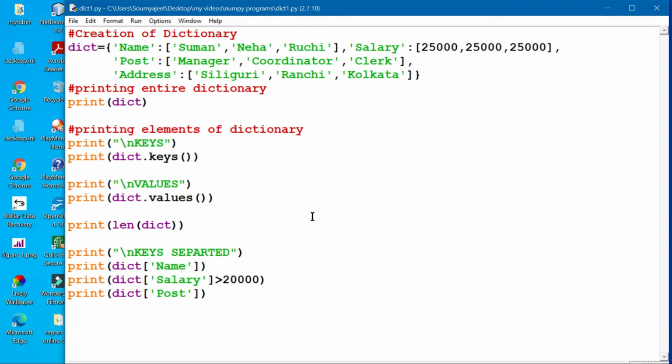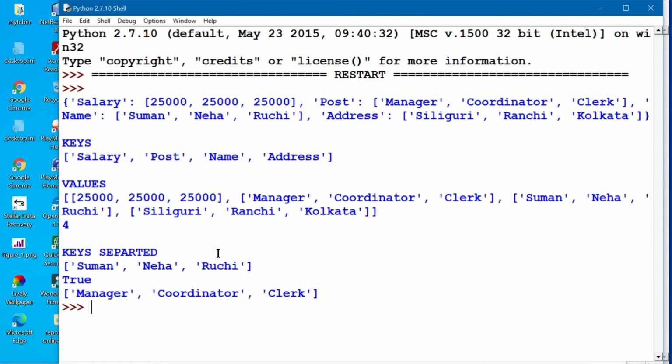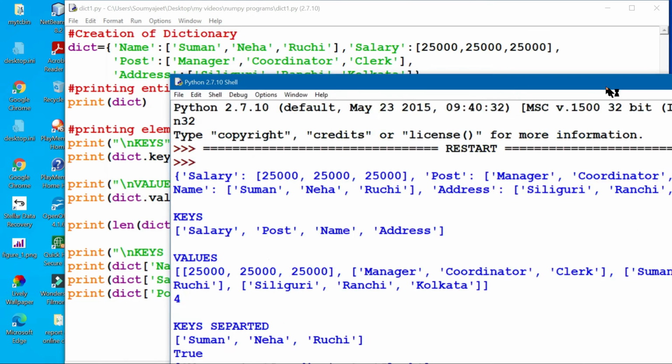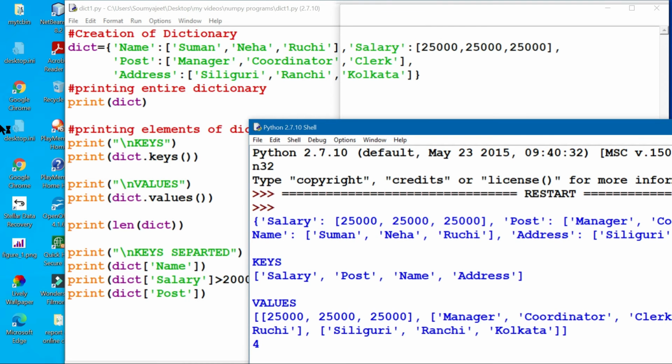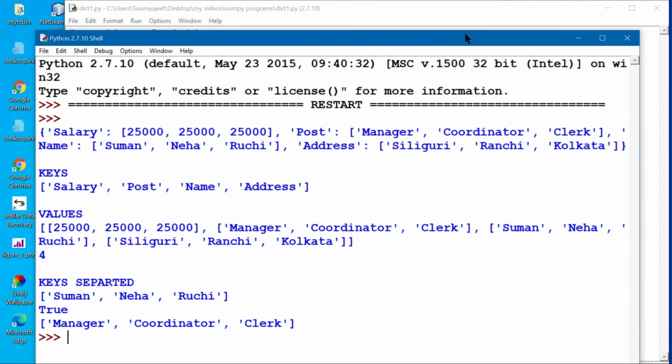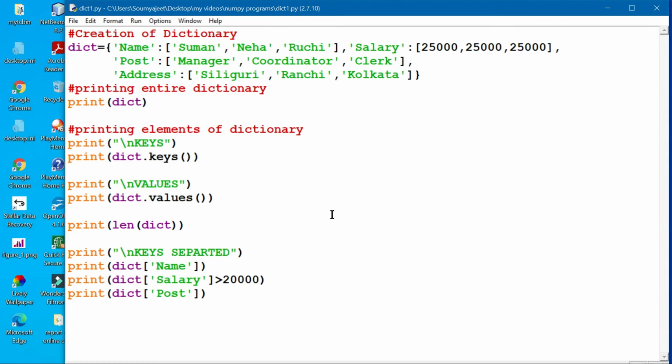So all the relational operators cannot be used out here. Now it is showing true since all the amounts are greater than 20,000. So in no circumstances use the equals to sign. It will not give an error, but it will not give the correct result either. These are the few things that I wanted to disclose to you.